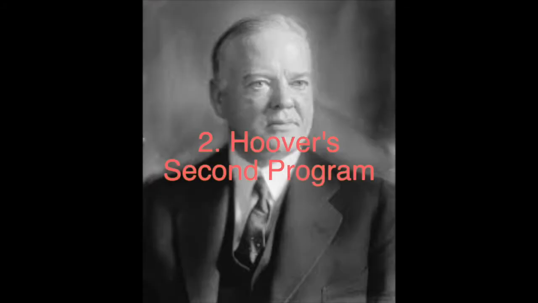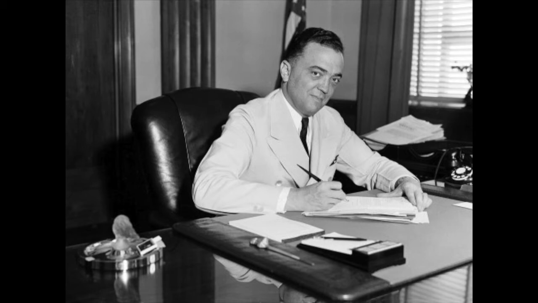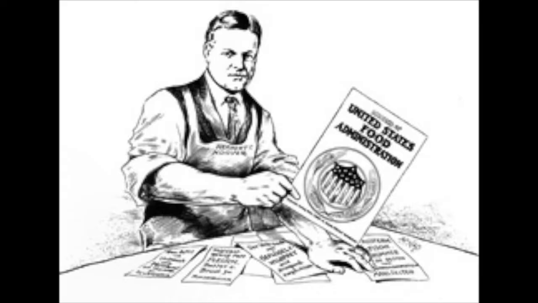2. Hoover's second program. When Hoover entered office, he preferred voluntaristic, non-governmental action. This was evidenced by his campaign as food administrator to feed the Belgians during World War I, which he achieved through voluntary compliance of the masses. On December 5, 1929, Hoover even stated that his program was not a dictation or interference by the government with